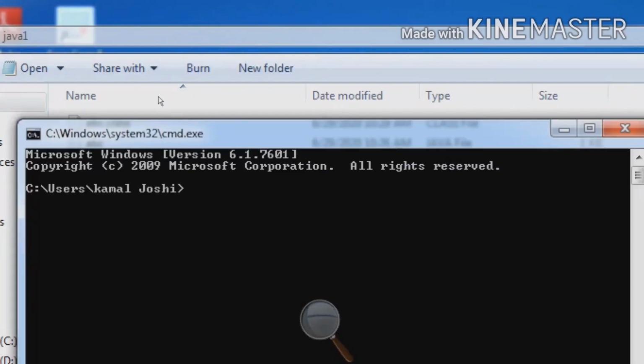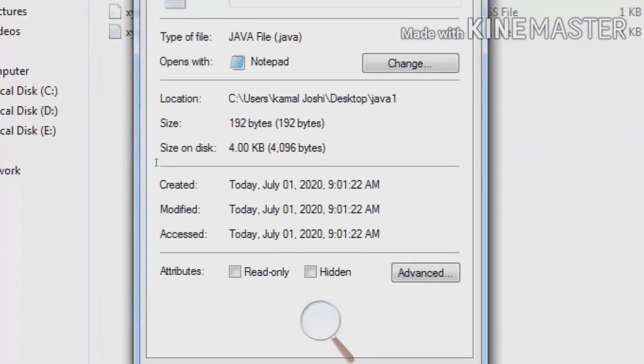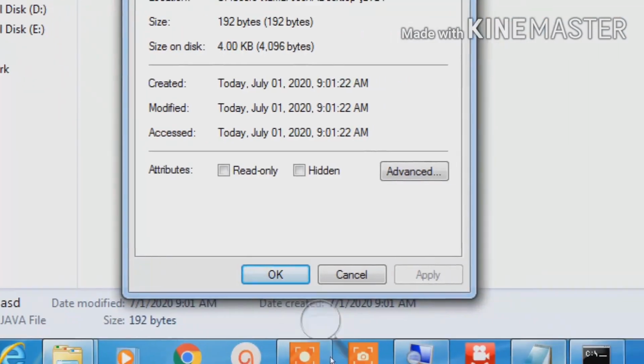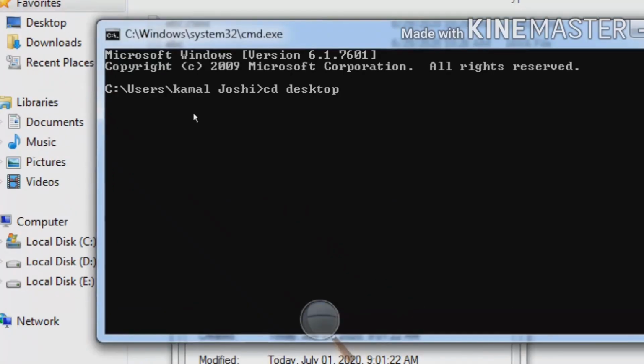Now you will go first to desktop, because our file path is C users Kamal Joshi desktop then Java 1. So here is desktop, enter. Now cd Java 1, enter.